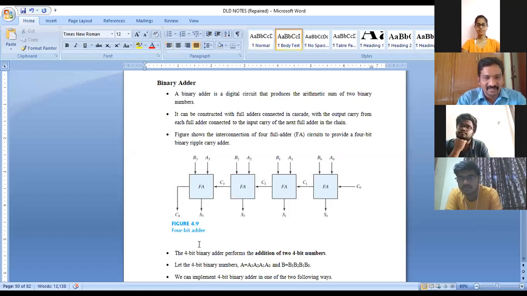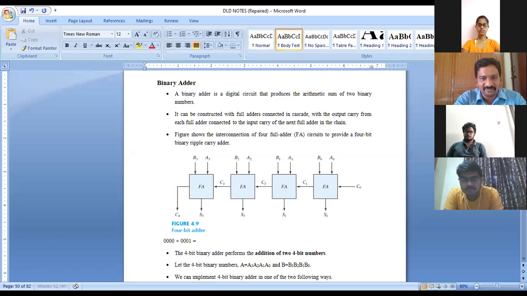So for the time being, there are two binary numbers. One is 0000 plus 0001. What is the solution for this? So 0001 only, right? How can I